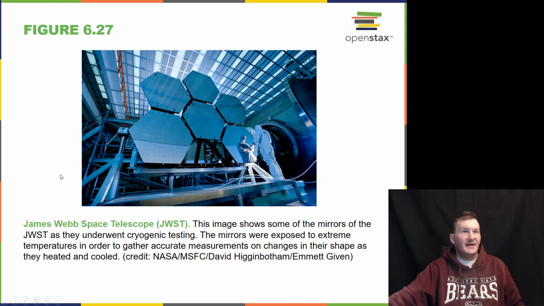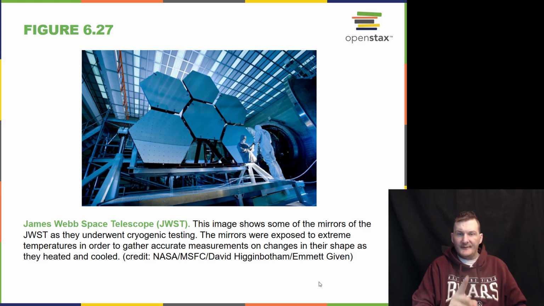Set to launch in 2019 is the James Webb Space Telescope. This is the telescope being built. It has undergone cryogenic testing, which means it's been brought down to the temperatures of deep space. And this telescope, unlike Hubble, which the space shuttle, which is now retired and put up in museums, could go and service every number of years as needed, the James Webb Space Telescope is only going to